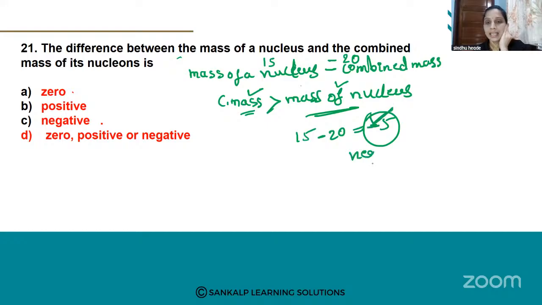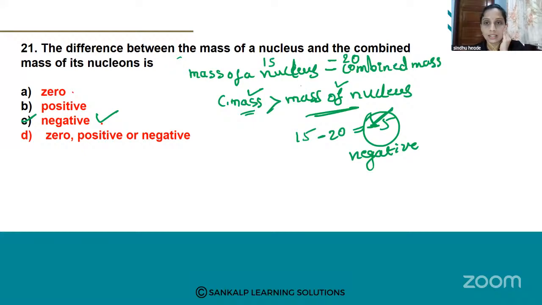So the answer is in negative, right? Which option is correct? Option C is the correct answer. Got clear? Combined mass is always greater than the mass of the nucleus. Okay, this is the concept. That's why here the difference between the mass of the nucleus and combined mass